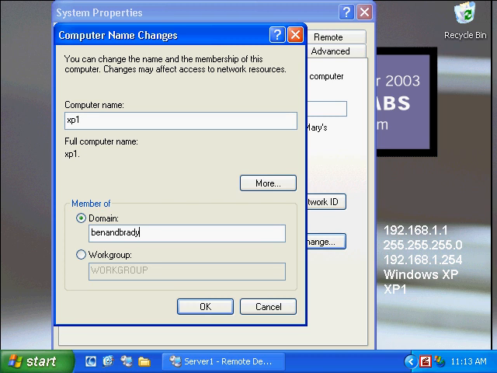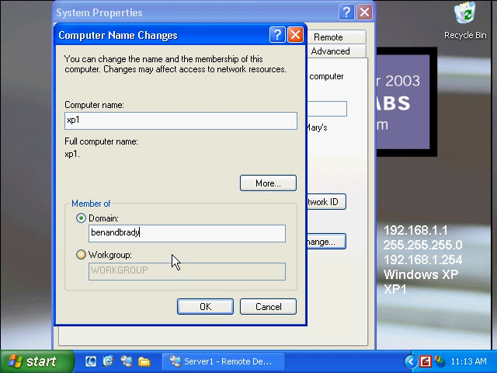This is a NetBIOS name, and what we'll do is a query across the local network looking for a domain named Ben and Brady. This is done in the NetBIOS fashion, meaning we don't have that .com appended to the end. This will work, but I do recommend that you set up Ben and Brady and actually put the full DNS name. The reason is, this will almost always work on a local network, even if DNS is not